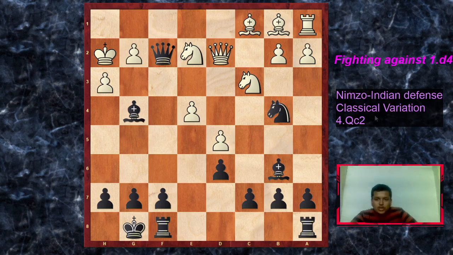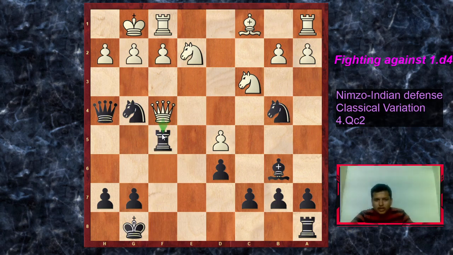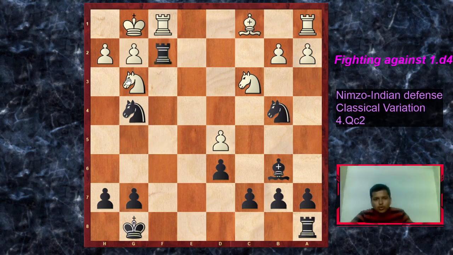So in the game, after queen h4, queen f4 was played, and f5 again. Kramnik's style is so forcing, and that's why he's also one of my favorite players, because f5 is again just targeting the queen, opening up the position to the maximum. Now of course bishop takes f5 is not possible because of rook takes f5, and the queen can't take the rook because there is a mate. So queen to g3 would follow, and then there is a simple way to win, just rook takes f2,